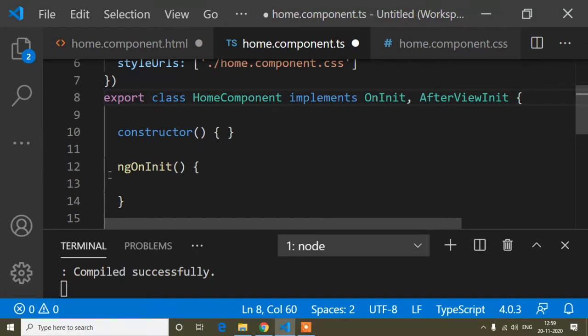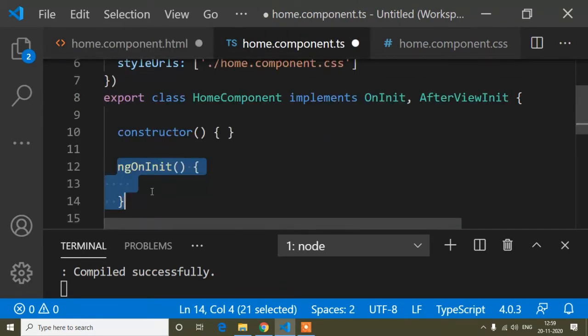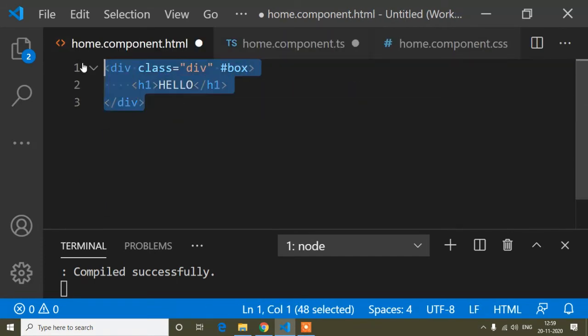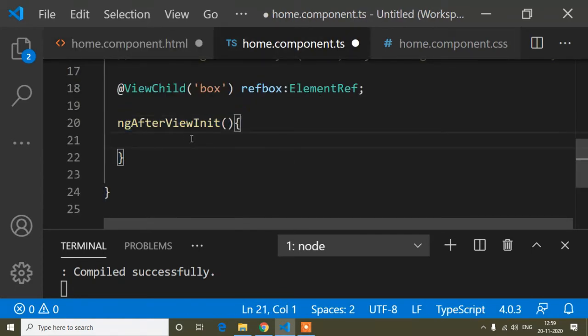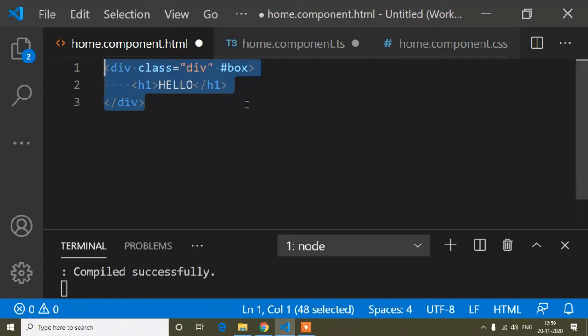So ngOnInit is called when our DOM is being created. Suppose when our HTML elements are being created line by line, at this time ngOnInit is called, and ngAfterViewInit is called when our DOM element is fully created. So guys, suppose we manipulate this inside ngOnInit, it may show an error because it would change the background color while our DOM element is still being created. Before it is created, it may try to change our background color, so at this time it may show the error.